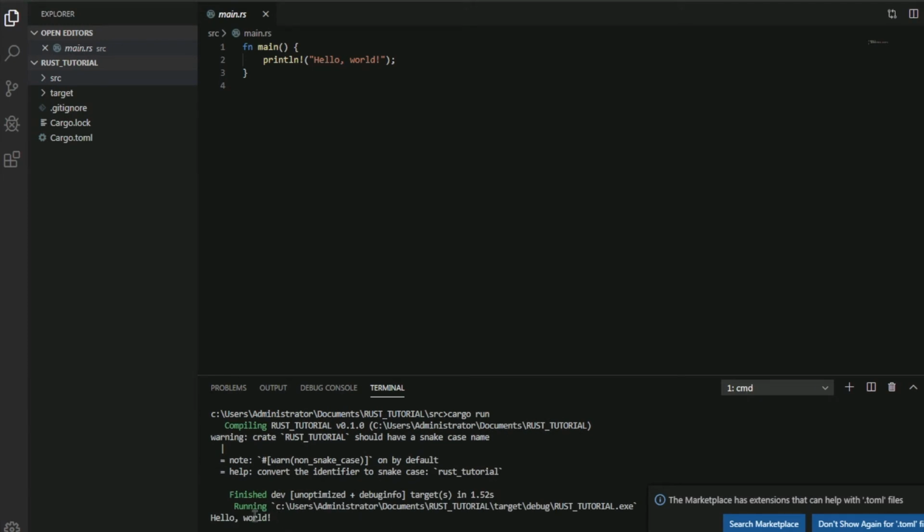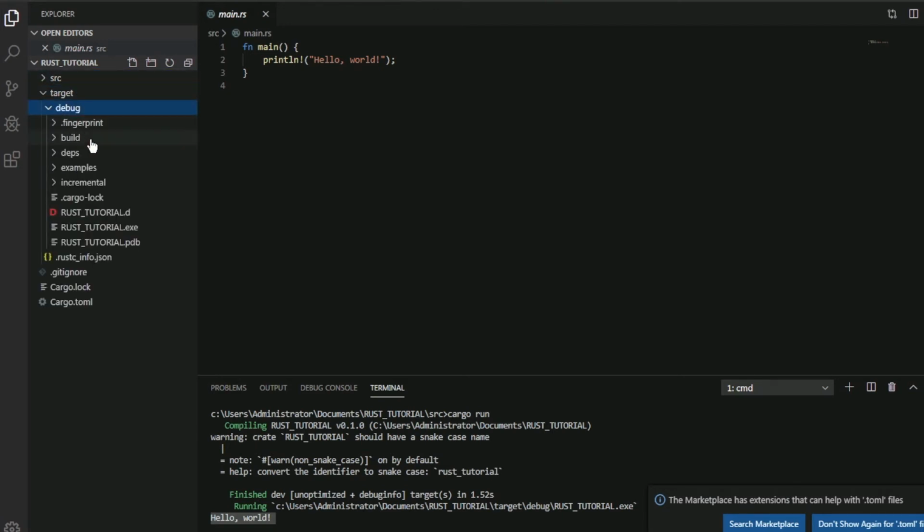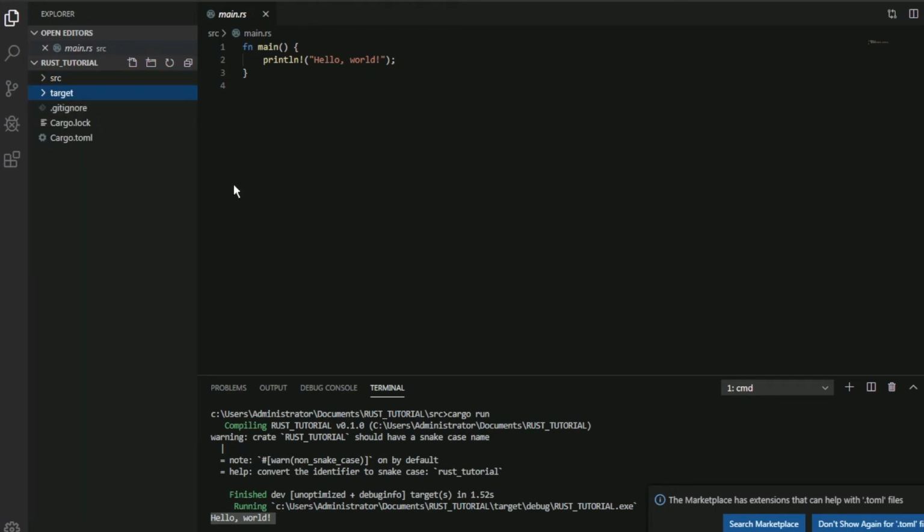So see, it is printing hello world. And if you come here, it will also create one target folder, and inside that debug, and there you will get your exe. See, it's here actually, right? So how to run that? For that you have to just go to cd